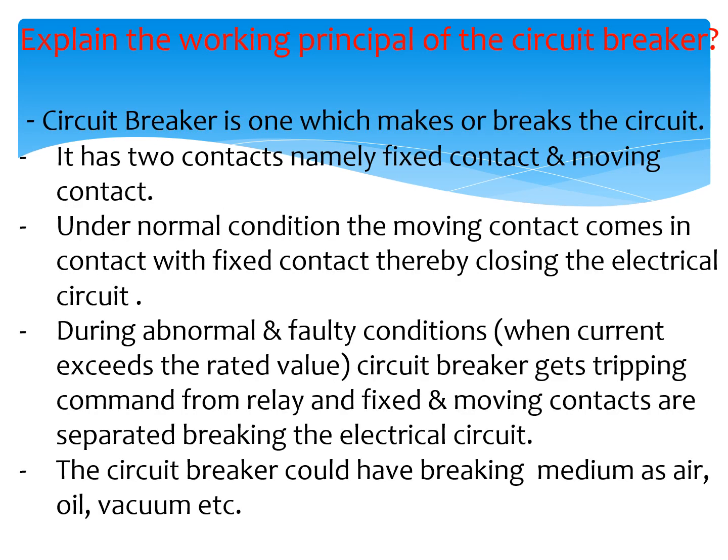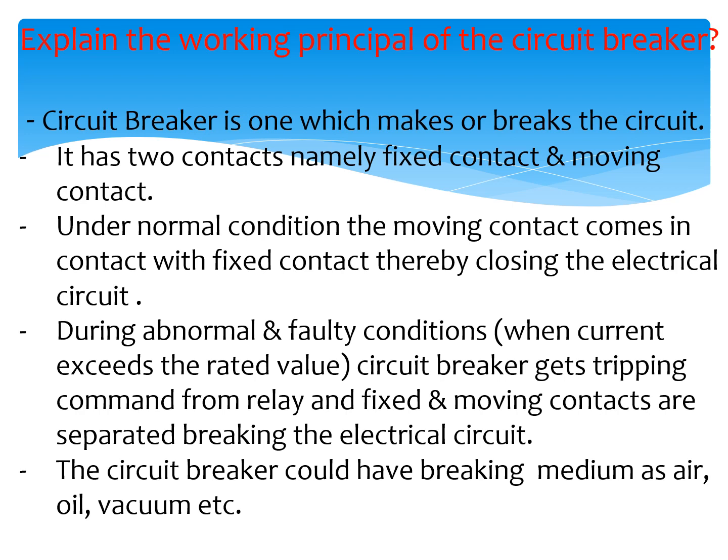Explain the working principle of a circuit breaker. A circuit breaker is one which makes or breaks the circuit, basically an electrical circuit. It has two contacts, namely fixed contact and moving contact. Under normal condition, the moving contact comes in contact with the fixed contact, thereby closing the electrical circuit and feeding the load. During abnormal and faulty conditions, when current exceeds the rated value, the circuit breaker gets a tripping command from the